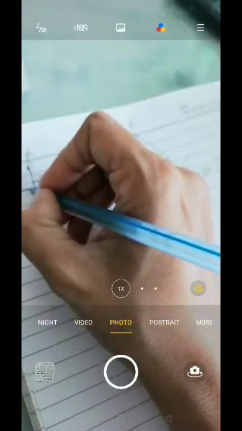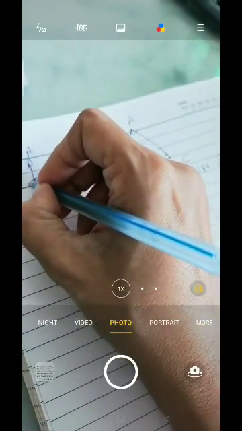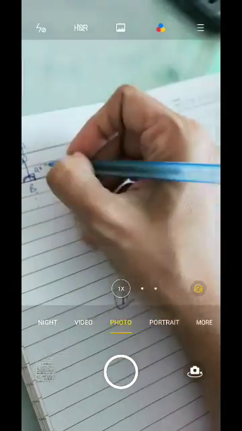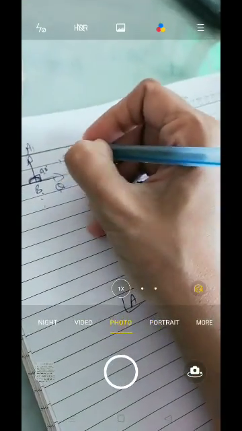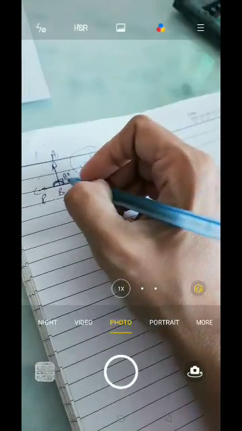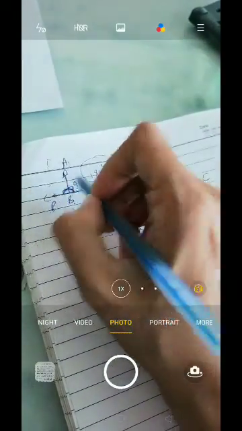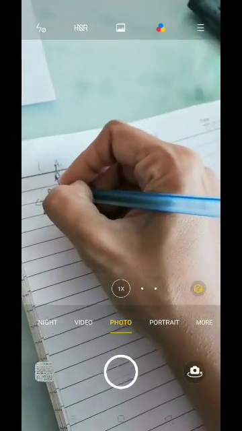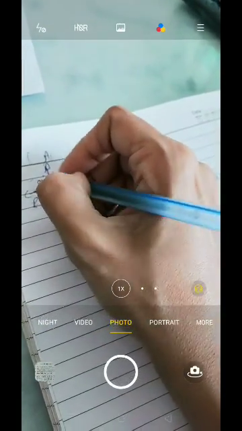Now, the meaning of this sign is that it is 90 degrees. And the total of both angles together should always be 180 degrees. Clear? So now if one is 90, the other will be what kids? Just 180 minus 90. That is 90. As you can see, both are right angles. So both will be 90. Clear?